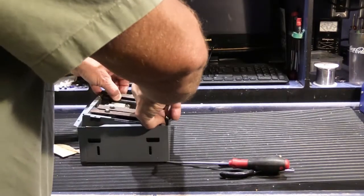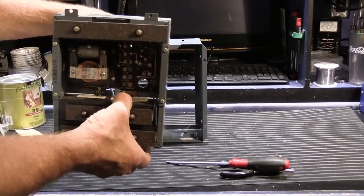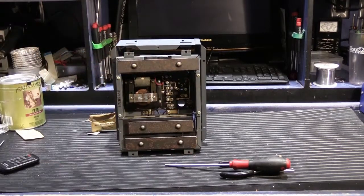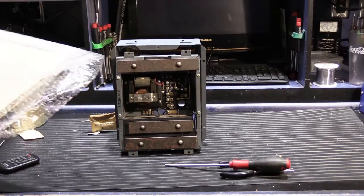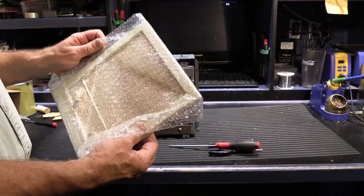Of course, getting it out of the box when it's not in the wall is a little tricky. Once you get that in and you get the base put back in, then you have to finish it out. And the way you finish it out is you have to put the cover on. So let's go ahead and take a look at that. So our cover here in